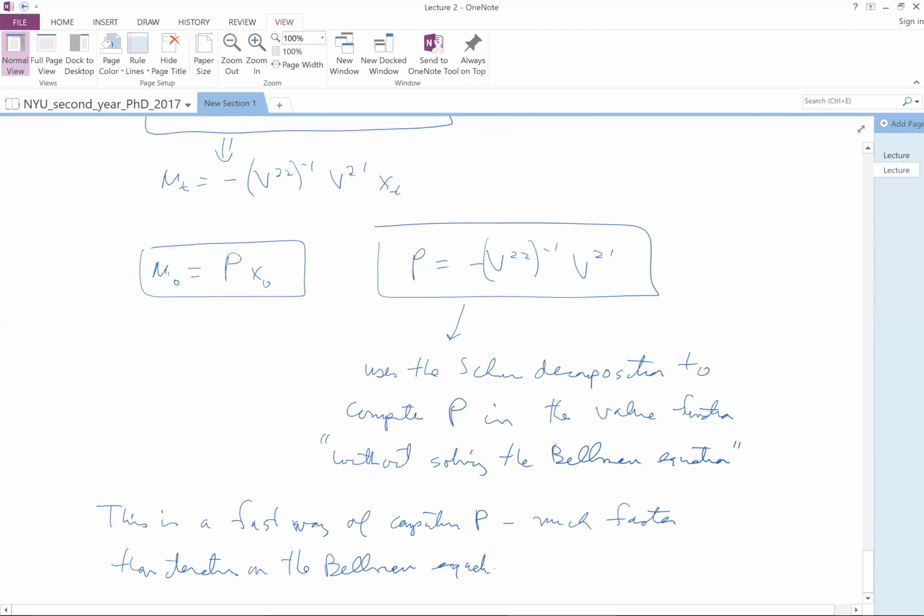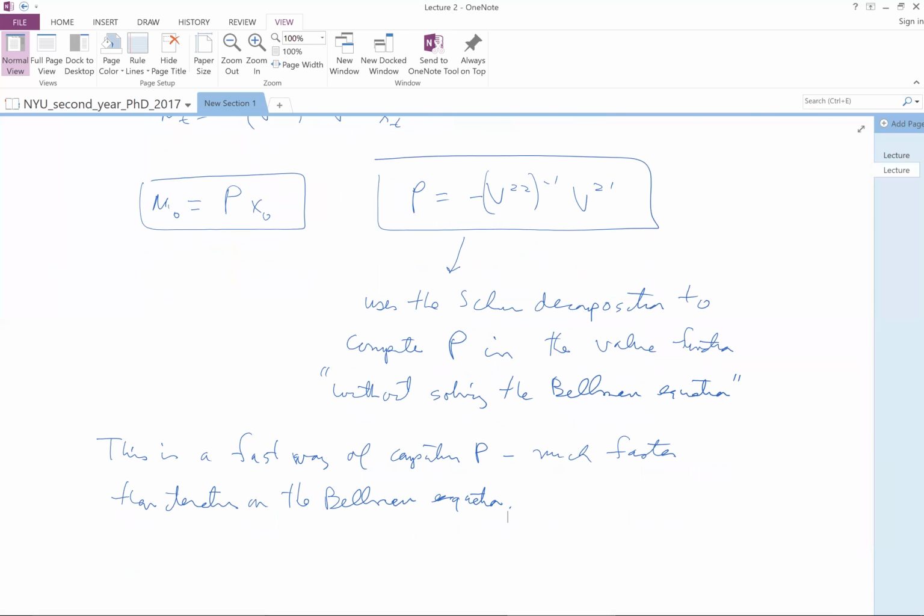So this is widely used in industry, or versions based on this are used. And similar ideas are used to solve linear rational expectations models,